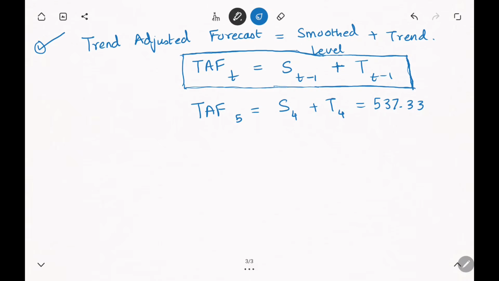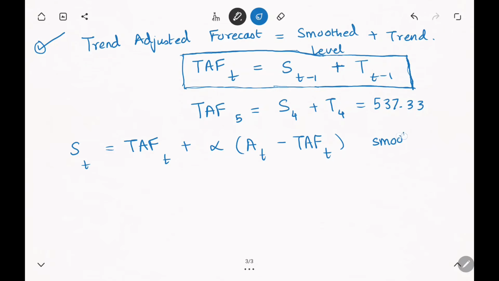Now the level update has the form: TAF plus alpha times (actual value minus forecast value). This is very similar to what you calculate in single exponential smoothing. Single exponential smoothing only works with level. Here we are working with level as well as trend. So to update the level,